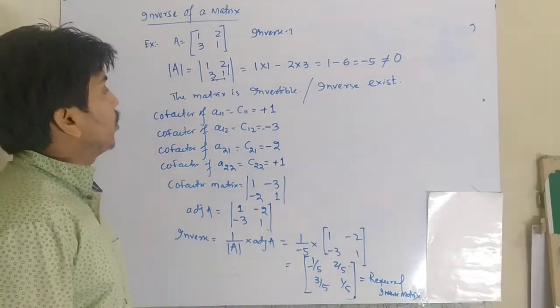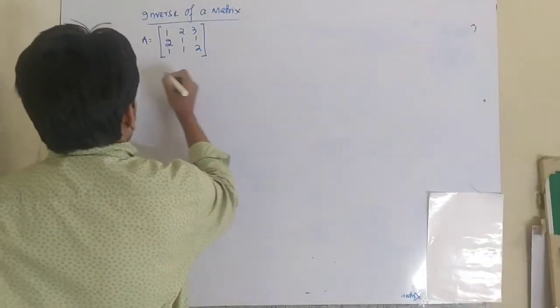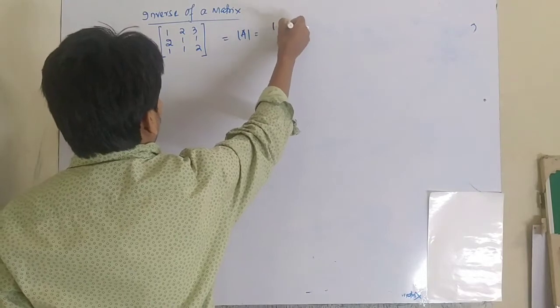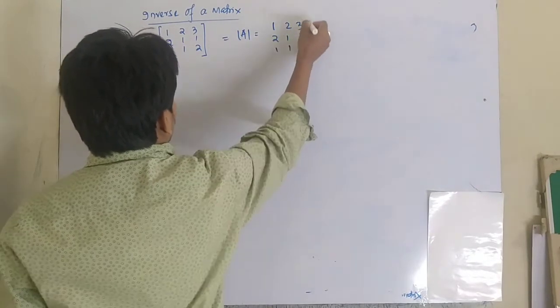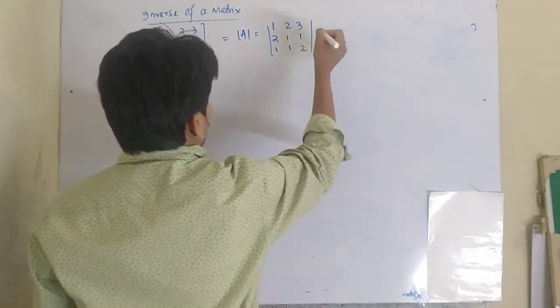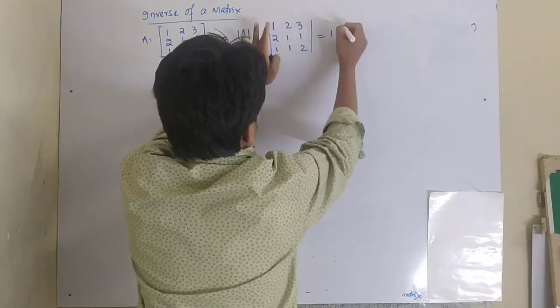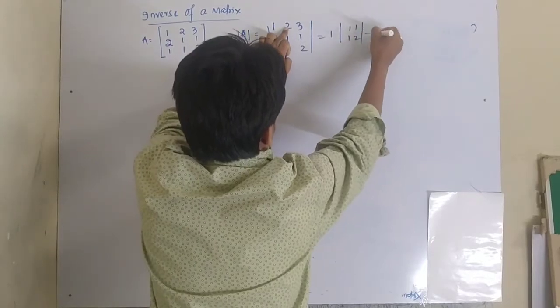that is an order 3 matrix. Now this is the matrix of order 3, and now I am going to find out the inverse. First you have to find out |A| = |1 2 3; 2 1 1; 1 1 2|, which is equal to 1 into, you have to delete this row and column. How much? 1 1 1 2. The sign of 2 is minus, 2